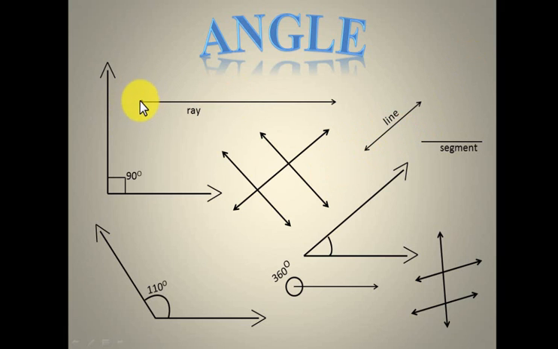This one has a constant dot on one side, the starting point or whatever you want to say, and an arrow on the other side. That means it can be extended only from this side. Where there is an arrow, that side of the line can be extended further. But if there is a dot, then it won't be extended. Okay, so it's constant. This is the main difference between a line, a segment and a ray.